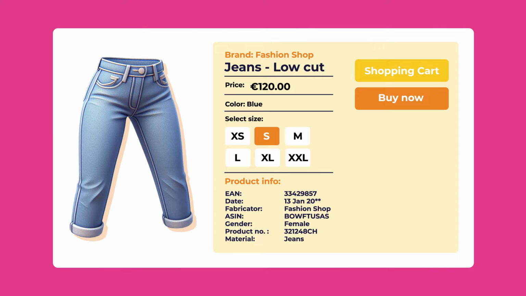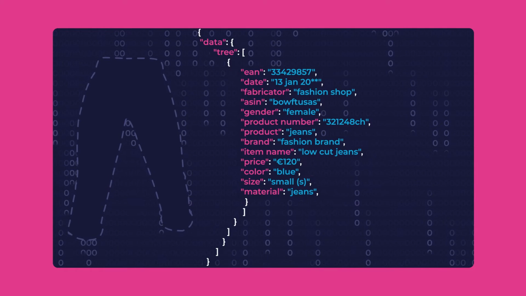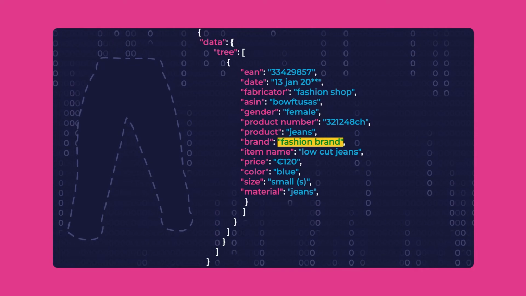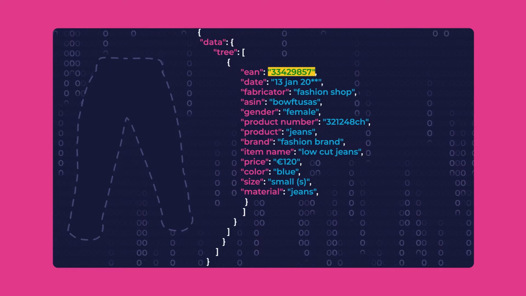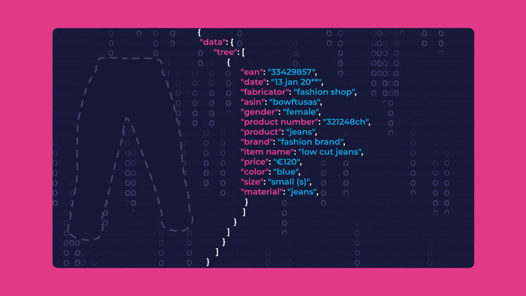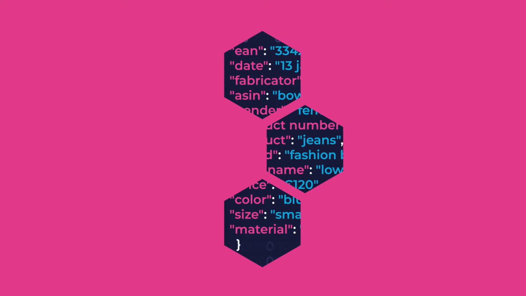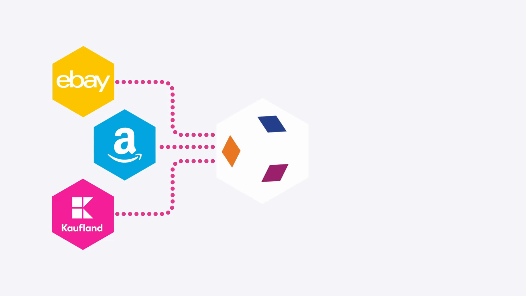for each order. In this case, it would only include the order of the jeans, and Amazon's response should include the Amazon order number, the product information, so the product ID, title, and EAN code, as well as the amount that was ordered, the price, and of course, the shipping and billing information. Now, what exact information is contained here is completely different from marketplace to marketplace, but the core information is always